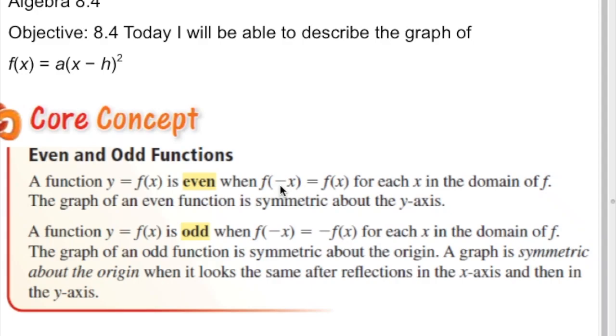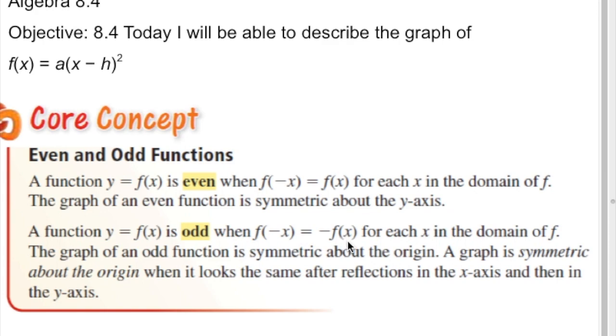And in this section, we're going to talk about two things. We're going to tell whether a function is even or odd, and also we're going to describe the graph and describe the transformation in the vertex form, f of x equals a times x minus h squared. So first of all, I want you to pause the video and read the following slide about even and odd